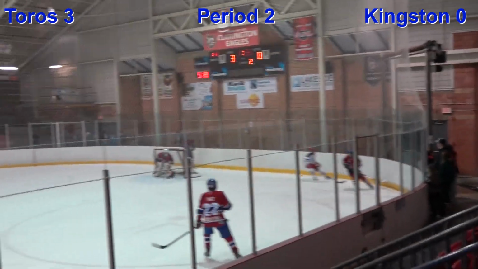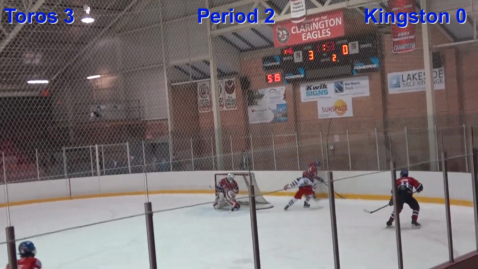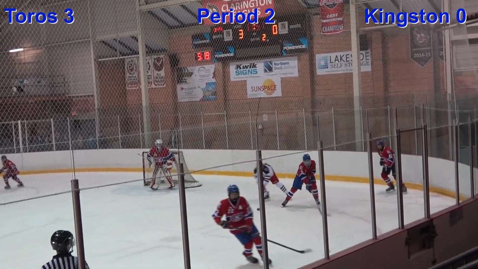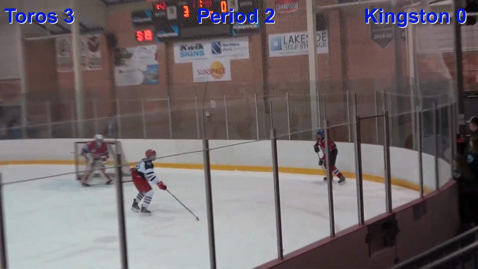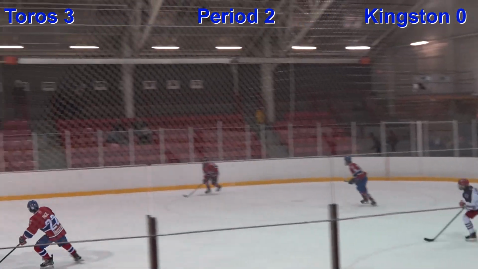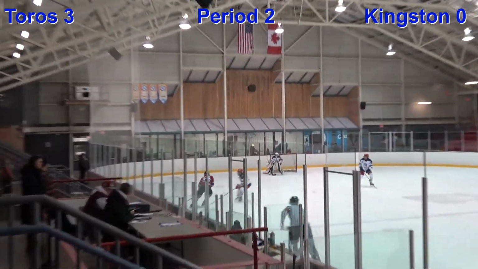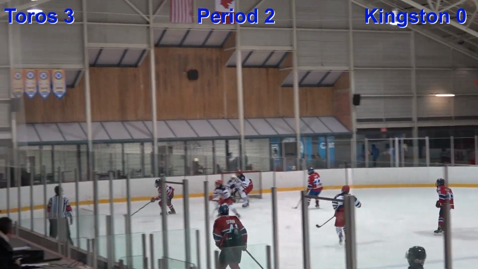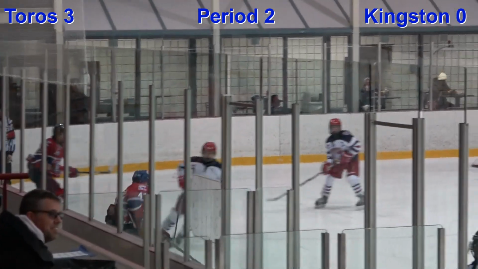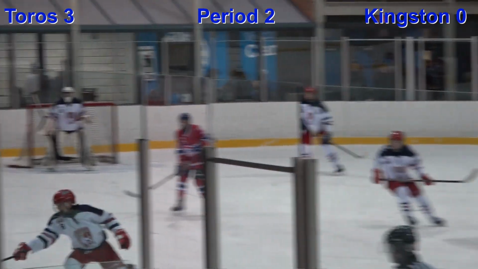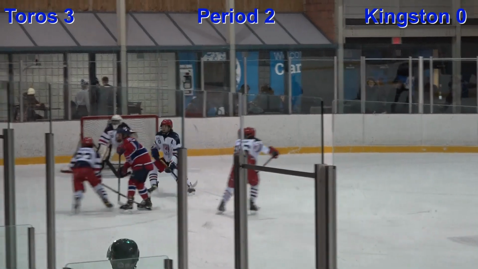Trying to start something shorthanded. It's back in behind the net. Drop back in behind the goal here for Kingston. From behind their own net, he'll move it over here to the other side. Looks for that late pass up through center. As that's McCormick bringing it in. McCormick with a nice move, but can't shoot it just yet. Gets it back here to the blue line now. Shot to the front of the net.